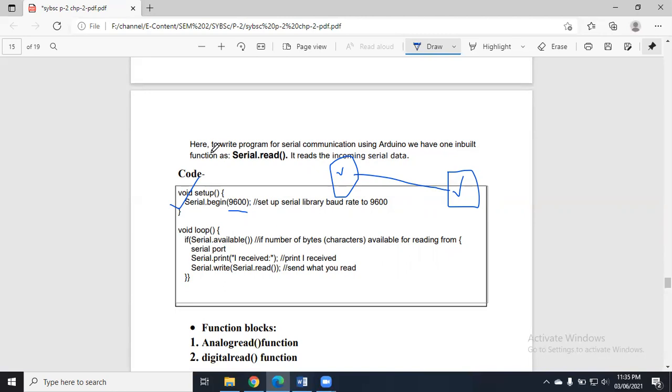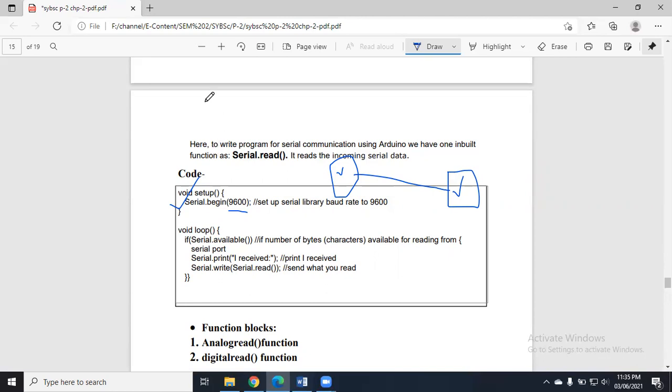If we have data on the serial port, our Arduino will indicate it. There are two types of LEDs on the Arduino board, a transmitter and a receiver. What is the function of the receiver LED? Whenever Arduino is receiving data, it will blink. What is the function of the transmitting LED? Whenever Arduino is transmitting data, it will blink.